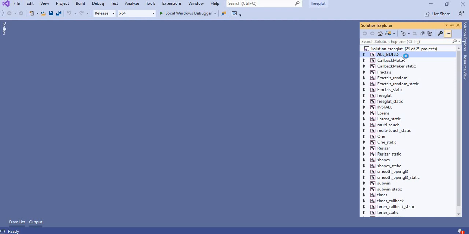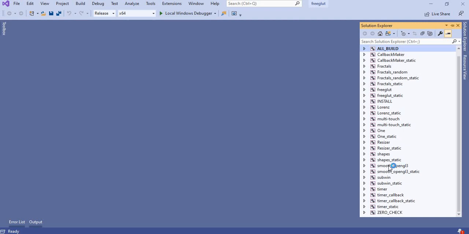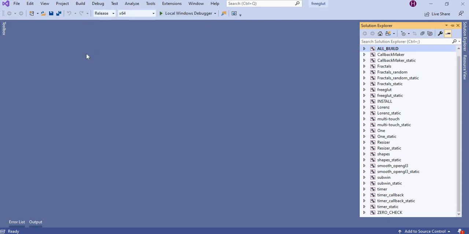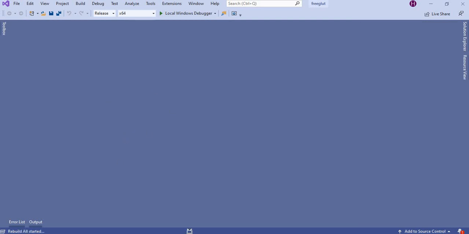By default, all build is needed because we need the freeglut DLL and lib. You can build one by one. Otherwise, you can click on all build, go to the build option, and you can rebuild the solution. After you rebuild the solution,